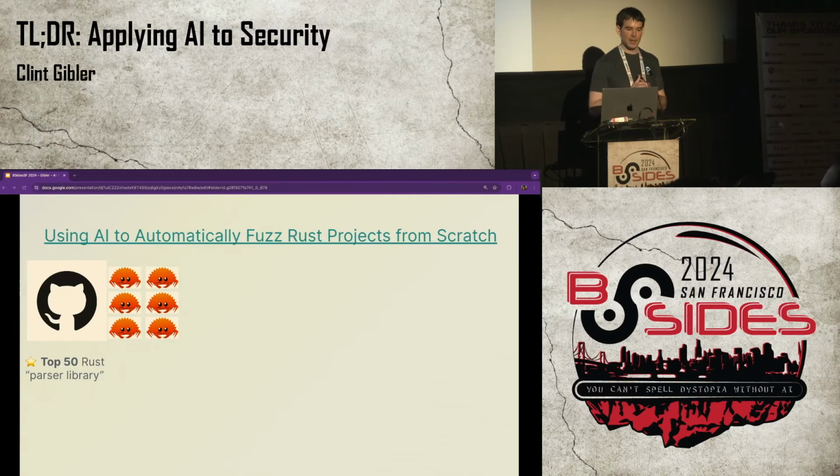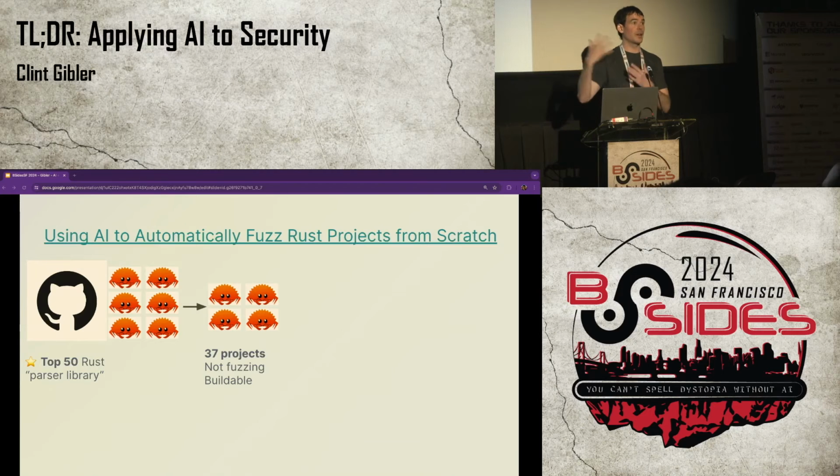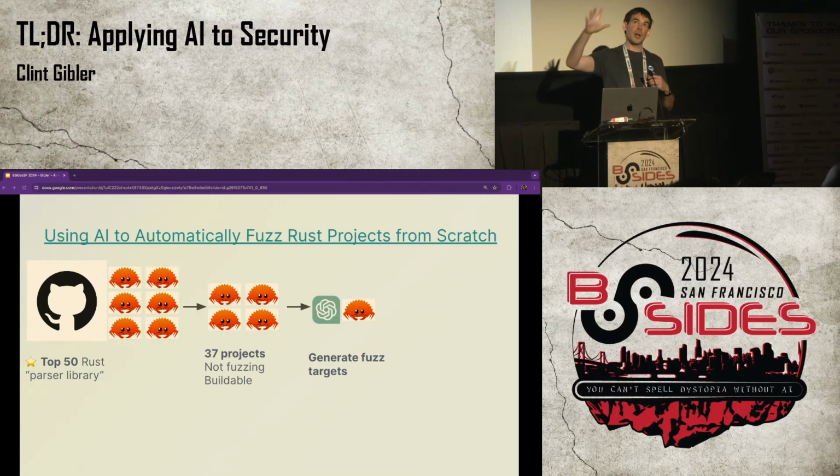Okay, so this was a very nice blog post from the Kudelski security folks. Basically they looked for the top 50 Rust parser libraries. They then filtered out those that were already fuzzing or they couldn't build, and then automatically started fuzzing those projects. So when you have a project that's not fuzzing already, the obvious questions are like, well,